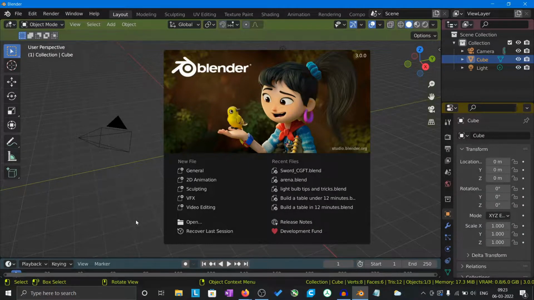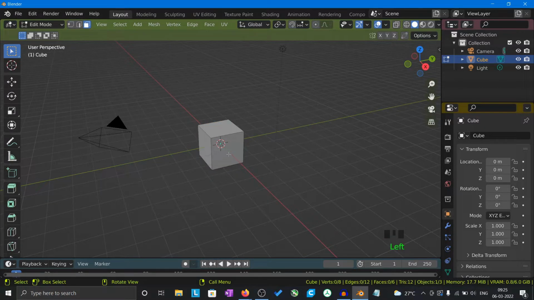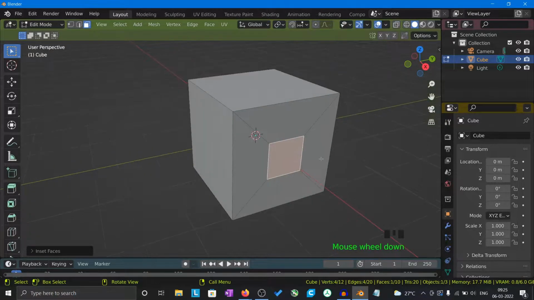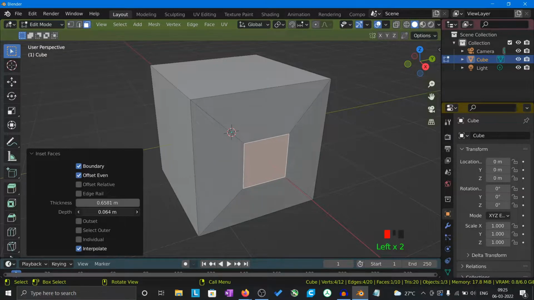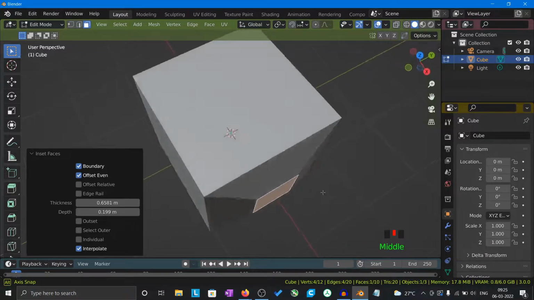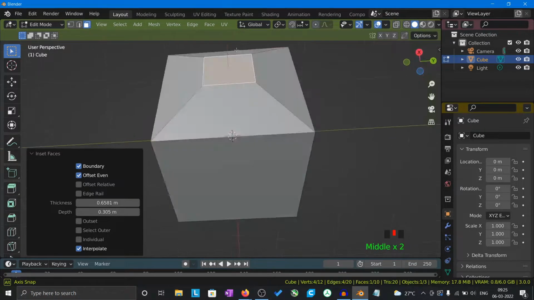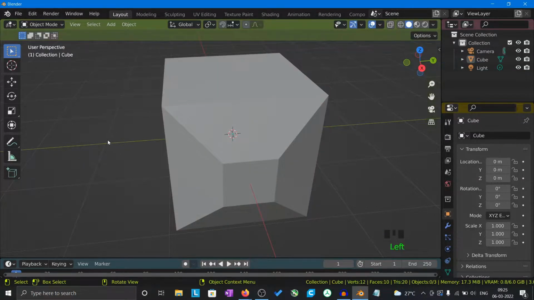Let's start. So to understand how this knife project works, let's add some objects to the 3D viewport. We use the default cube and insert some faces in it to make it non-linear with multiple faces on one side. Yeah, let's give some bulge to it. If you want, you can add a little bit more so that it's clearly non-planar or non-linear. Okay, so this cube is fine. Let's add